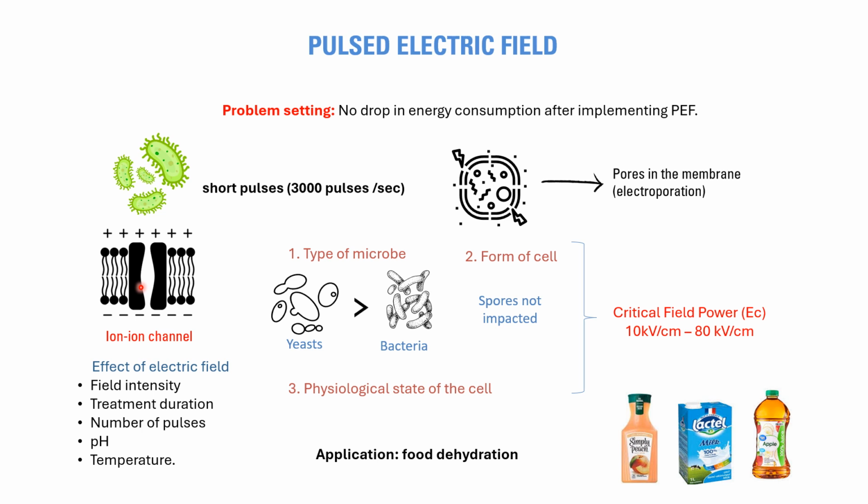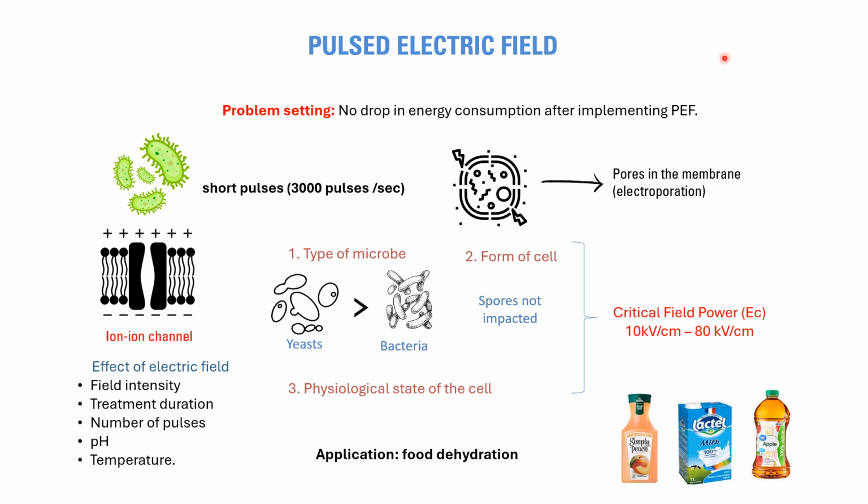So when you apply electric field, there is change in transmembrane potential and this transmembrane potential essentially tells us how much energy we need to supply or apply to move various ions from outside the cell to inside the cell or vice versa. So when transmembrane potential changes, there is change in equilibrium resulting in pore formation and ultimately cell death. And how do we know when our pores pop?